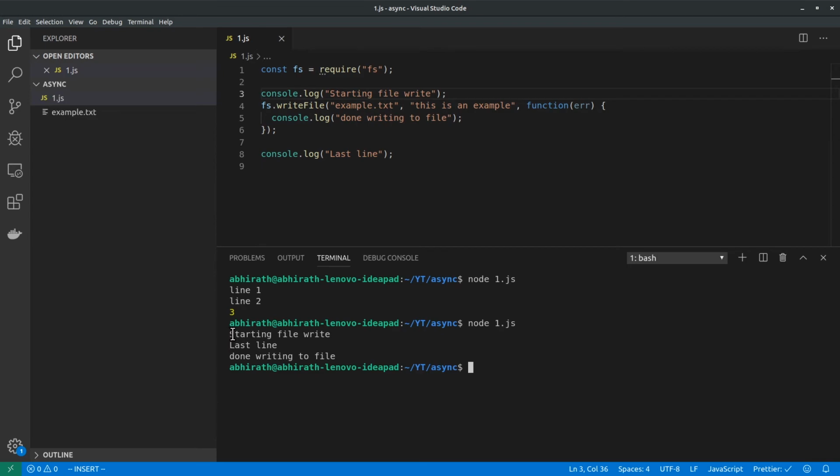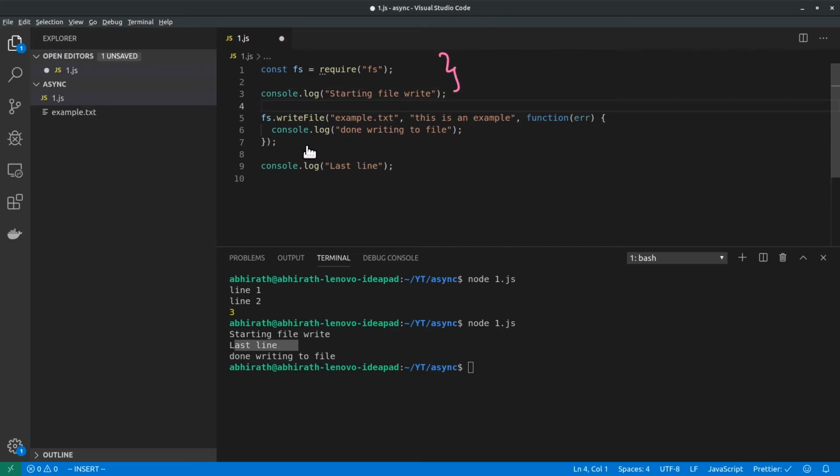I save the file and let me execute the code again, node 1.js. You get starting write file, which is line number 3, and you get last line. It jumps over this section. So basically, JavaScript executes these two lines of code.